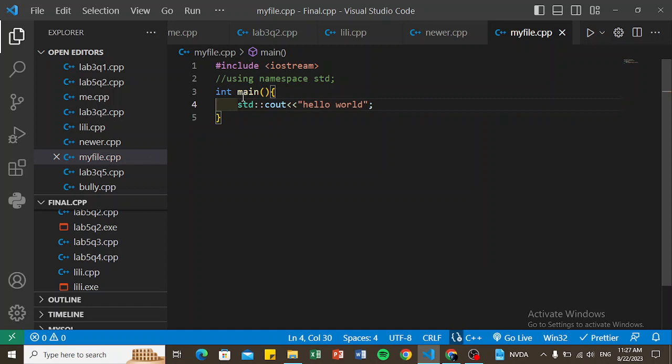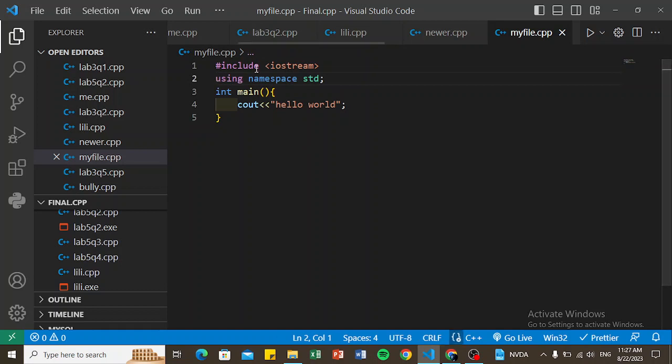Now this was the old way of writing C++ code. People used to write like this all the time. It was considered mandatory to write std colon colon, but over the years when you have multiple couts, it will be really hard for you to write std colon colon with every one of them, cin and couts. So for this reason we use